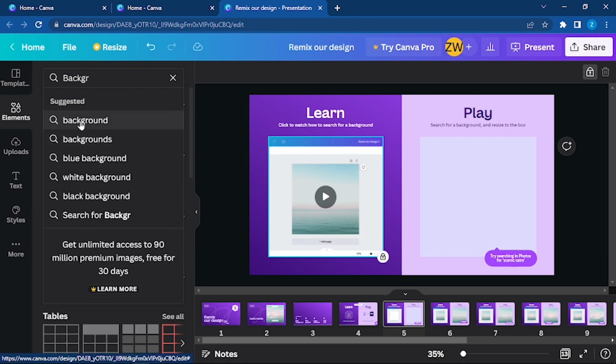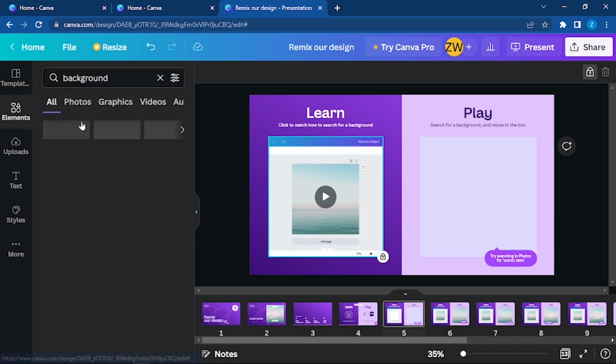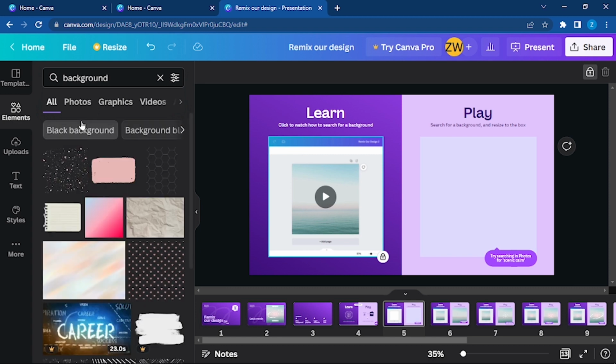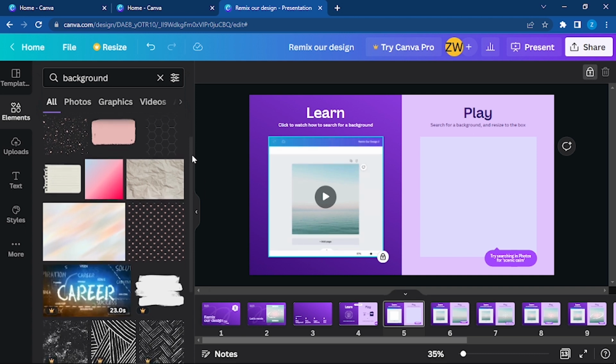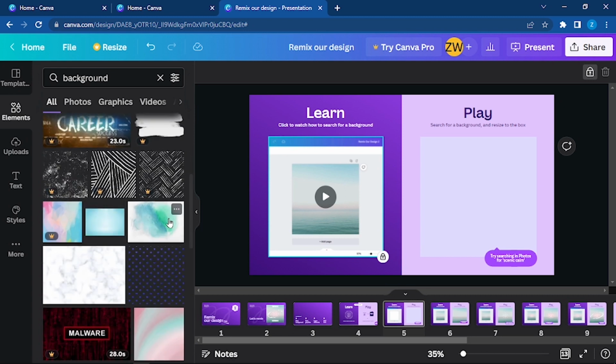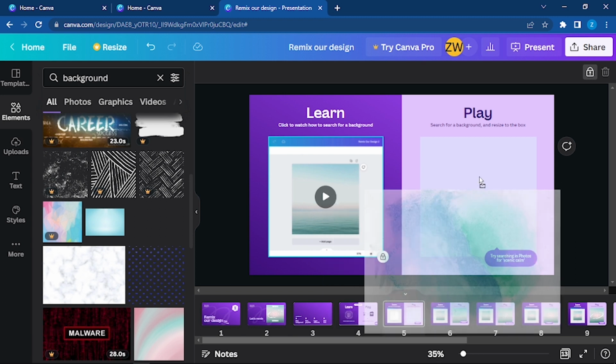Here you can see the option for background. Click on it. Canva will show different options to you. It can be from the Canva Pro paid version or it can be the free to use versions. Here you can see lots of them. Let me just choose one of these and then